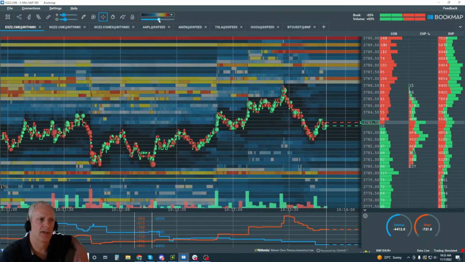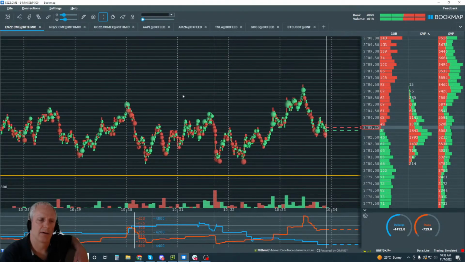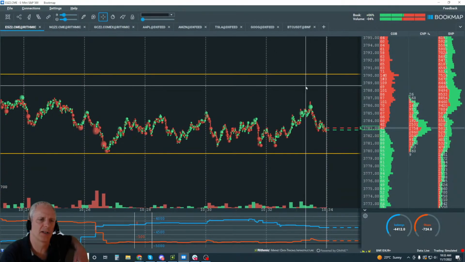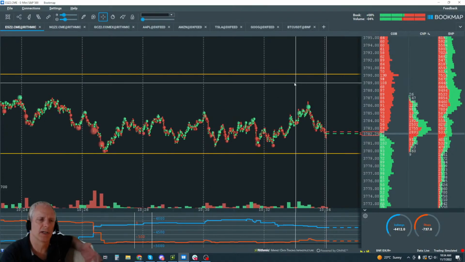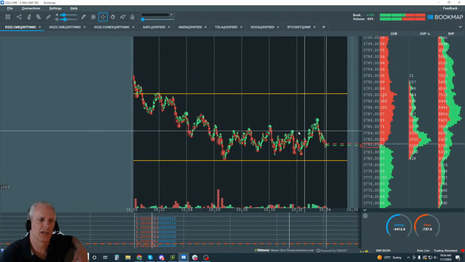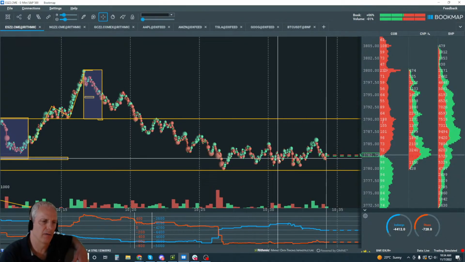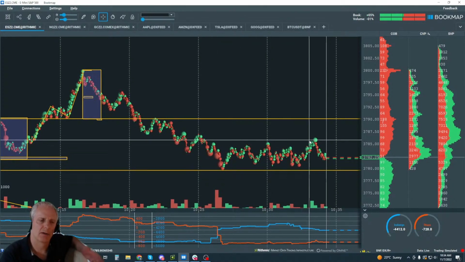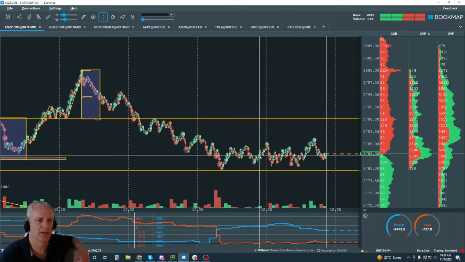Now let's just dim the heat map in here. Okay, so we're not looking at liquidity right now. We don't know where price is going to go because we don't have targets. We don't know where there's liquidity, where the buyers and sellers are on the bid and on the offer. We just see the aggressors and the price structure. Right now, the price structure is just kind of back and forth in this little area. We see some sellers here, some buyers over here. Not getting too much out of it right now, to be honest.